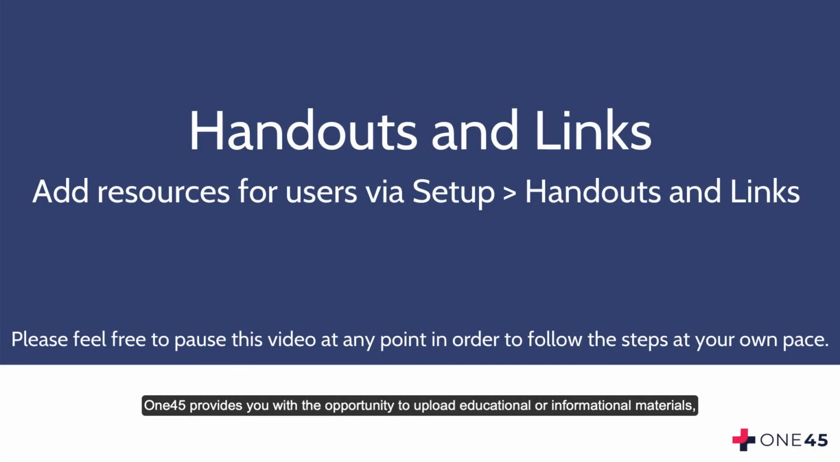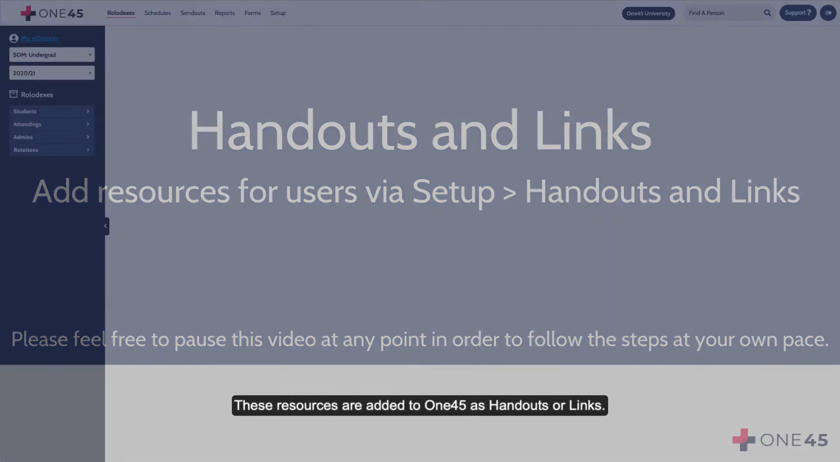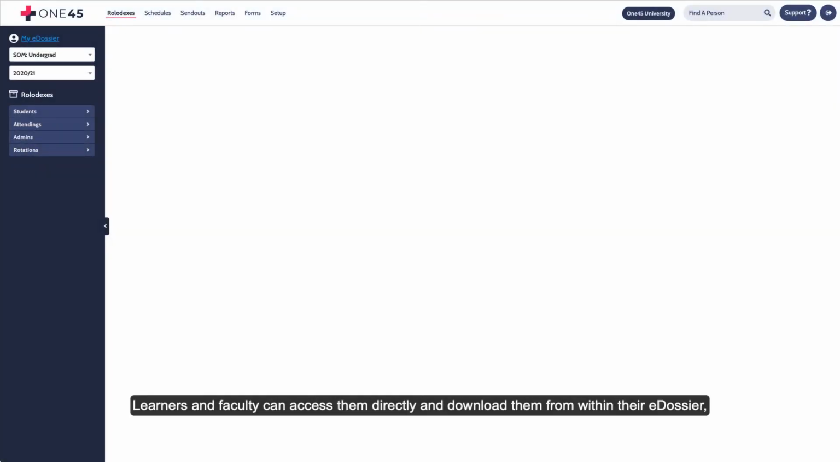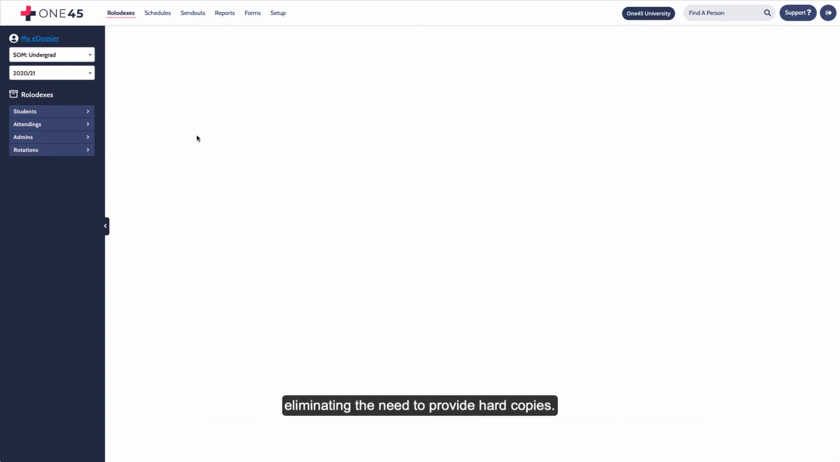145 provides you with the opportunity to upload educational or informational materials such as rotation objectives, lecture notes, and links to documents, slide presentations, or even online meeting rooms. These resources are added to 145 as handouts or links. Learners and faculty can access them directly and download them from within their e-dossier, eliminating the need to provide hard